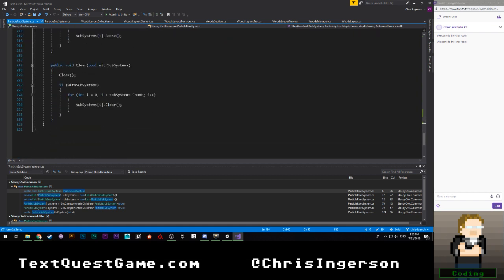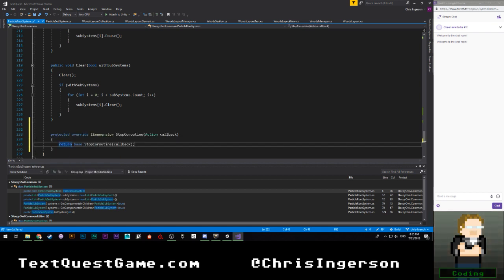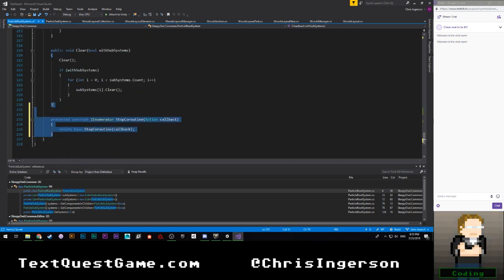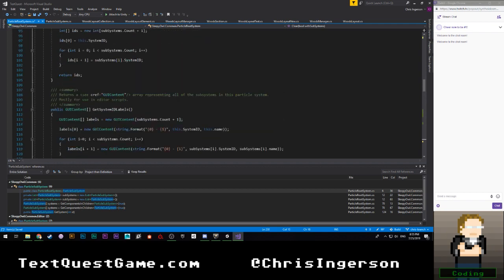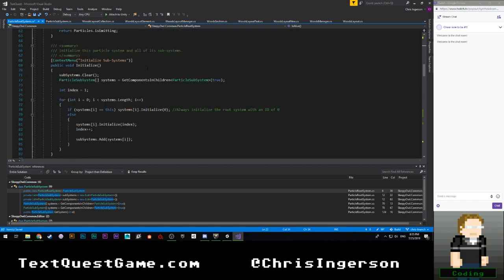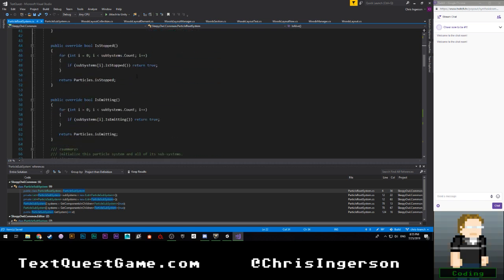Okay, so the last thing we need to do is we need to come down here and say override stop coroutine. So instead of doing that, we're going to do another while loop, but actually, you know what? I don't even need to do that because I was just going to call while is alive on every subsystem, but is alive on the root system already does that. So fine. That should be all we need to do. That means that we now support callbacks. And I suppose that means that once we